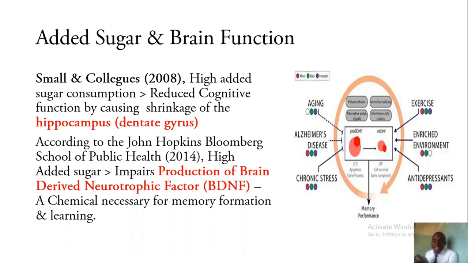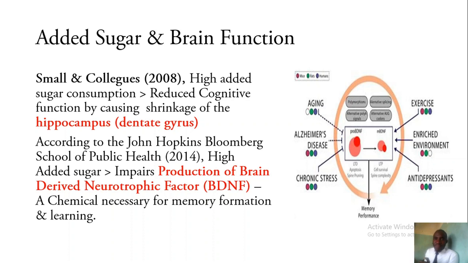They actually discovered that the hippocampus and a specific part of the brain called the dentate gyrus begin to shrink as somebody becomes more exposed to added sugar. Now, this dentate gyrus or the hippocampus is where a person begins to form mental representations of information as